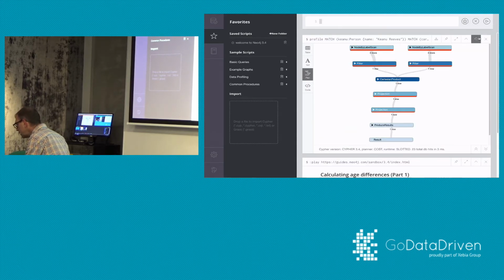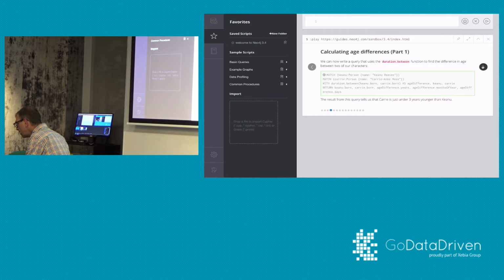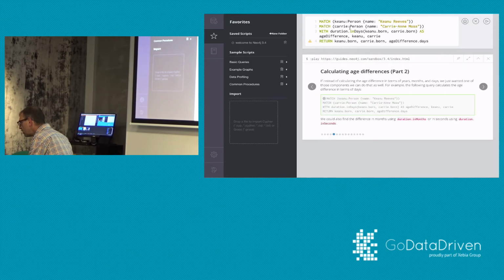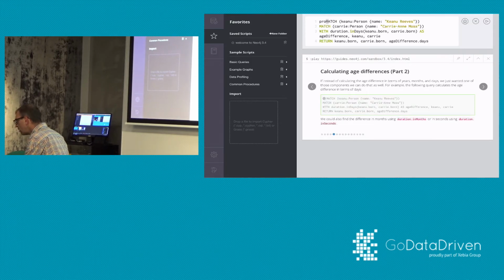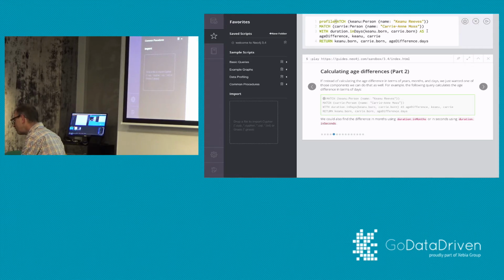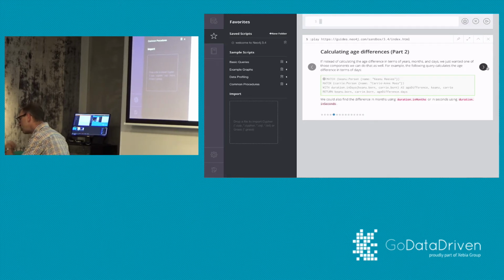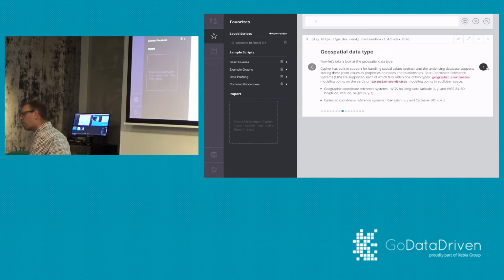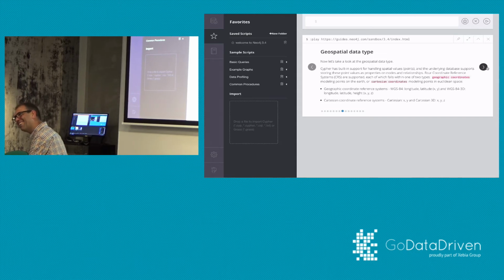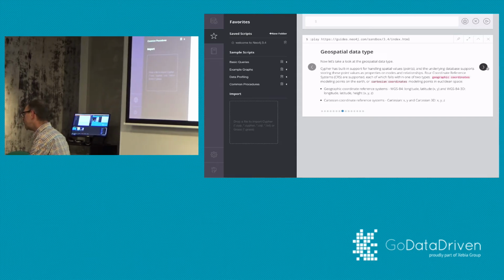No. Which one was it? Oh no, I'm in the wrong part. Yeah, I'm in the wrong part. You can show that with the next part, which is the geospatial piece, right?